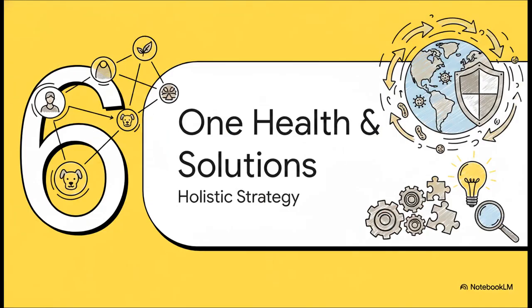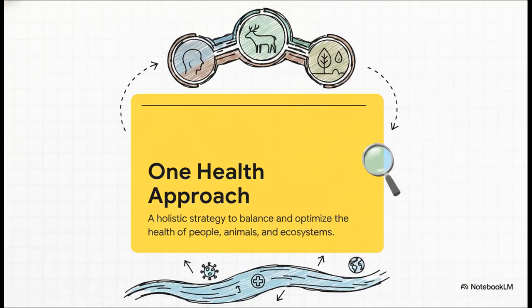Finally, let's look at some hope in Section 6, One Health and Future Solutions. The answer to this giant puzzle lies in breaking down our scientific silos. We absolutely cannot treat human health in a vacuum anymore. Enter the One Health approach. This is going to be our most critical framework moving forward. It's a holistic, big-picture strategy that recognizes one very simple, undeniable truth. Human survival is inextricably linked to the health of the animals we live with and the ecosystems we rely on. Put simply, if the environment is sick, we're going to be sick.